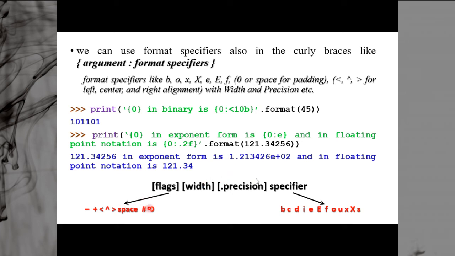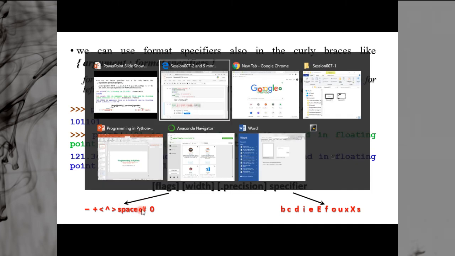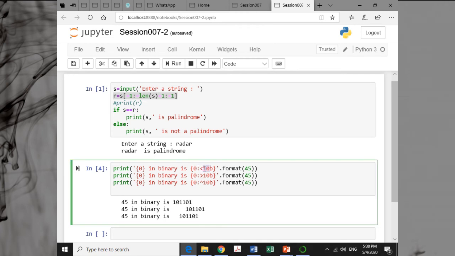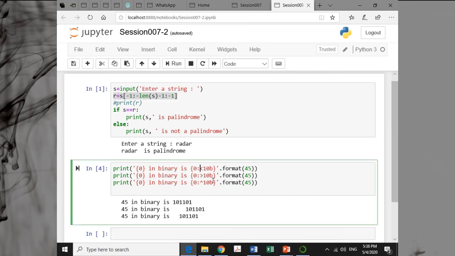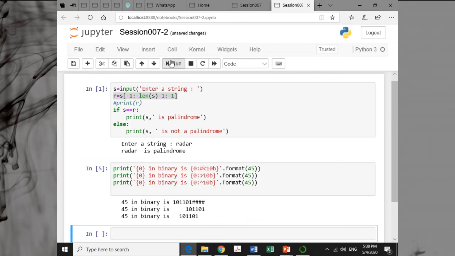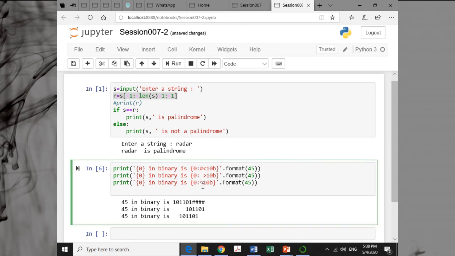Now sometimes when you are entering a number and you specify the width, like here we specified the width is 10, the remaining place will be filled by blank space. Here also you can see the remaining place filled by blank space. That is called padding. If you want space as padding, you can use space. If you want some other symbol as padding, like 0 or hash, we can specify this also. You can see hash is used here as padding, here a space is used as padding, and here 0 is used as padding.